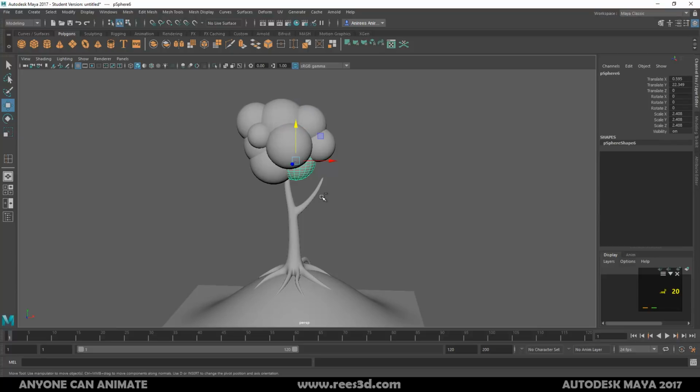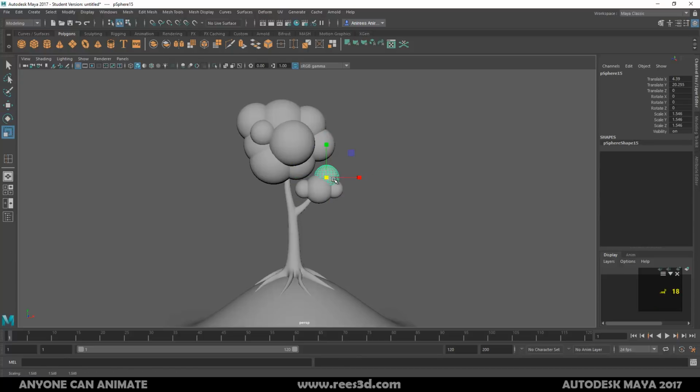I'm just going to select this, Control D, just push it down. This is for this next branch that we have. Okay, so keep it a bit smaller, Control D, make another duplicate, make it smaller, Control D, make another one here, Control D, one in the top, Control D, push it down,